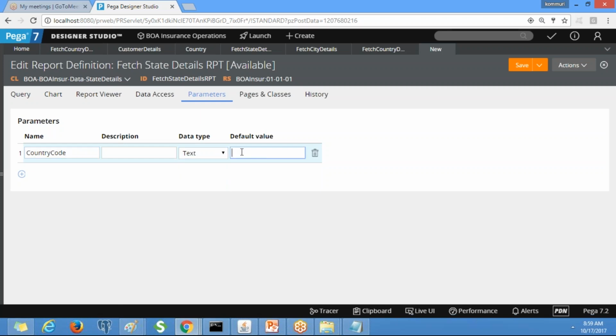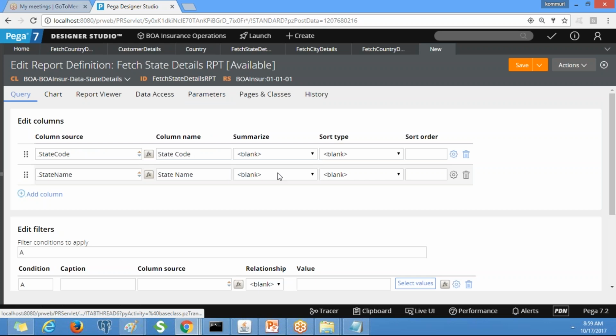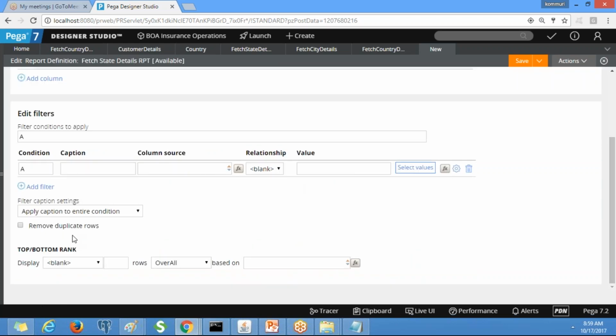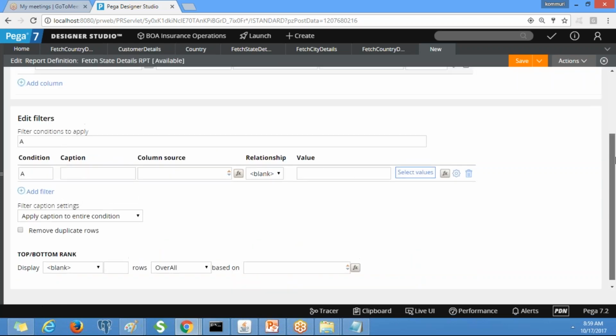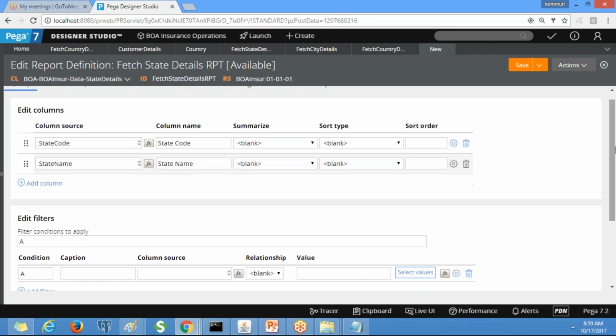Now back to the query. This is the where condition. Here, tell me what we need to give as the column source. Country code.